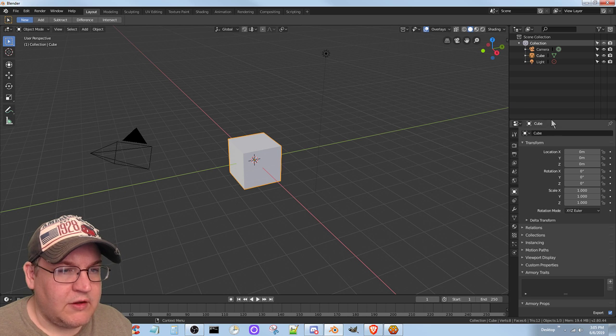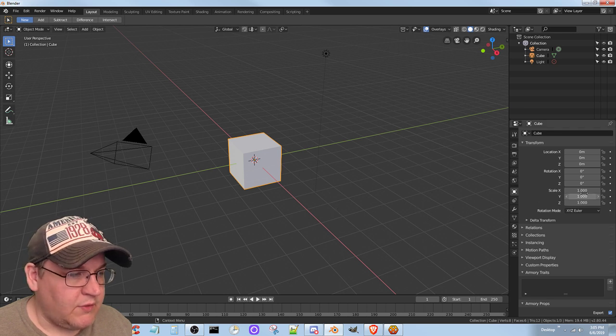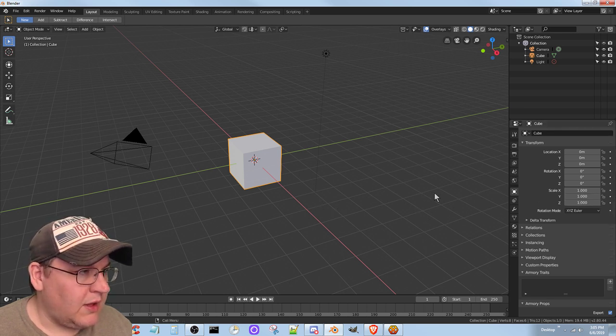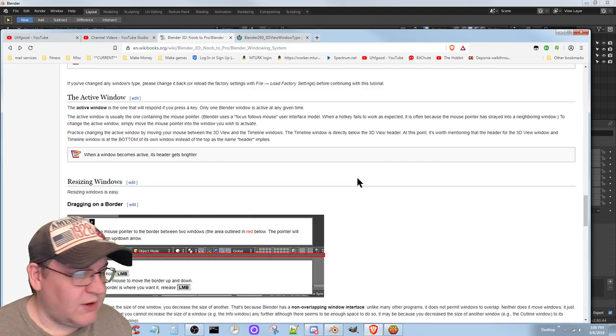See? Then you're on this one, and then you're on this one, back and forth and back and forth. Can't really tell when you're on this one, other than knowing where the mouse is. See, even down here. Okay, so now that we got that straight,